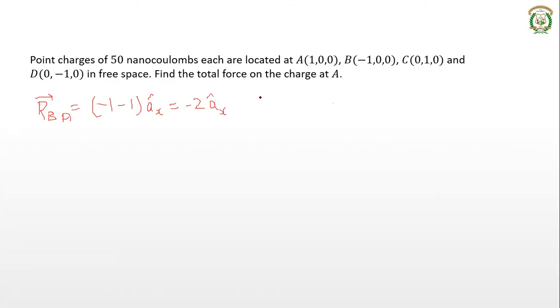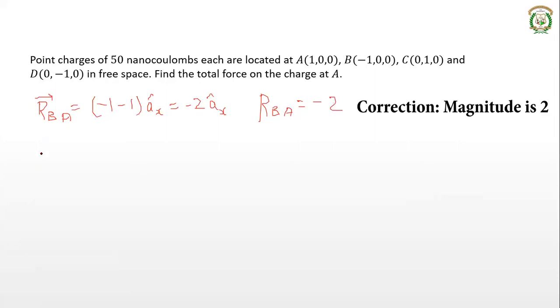And what is the magnitude of RBA? Magnitude of RBA is square root of, since there is only one unit vector, its component itself will be the magnitude. So it is minus 2 itself. Similarly,